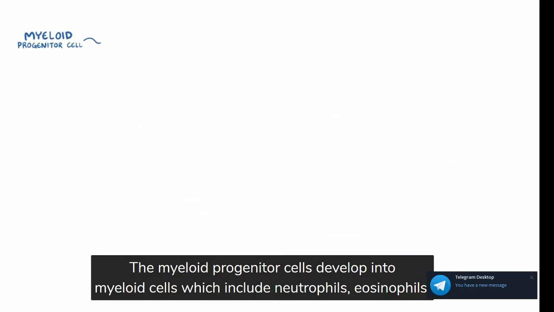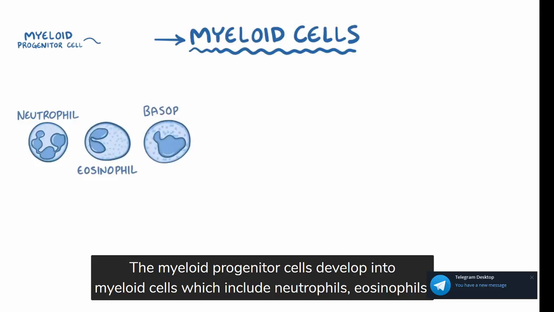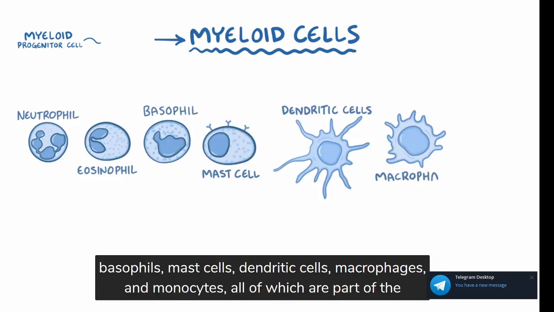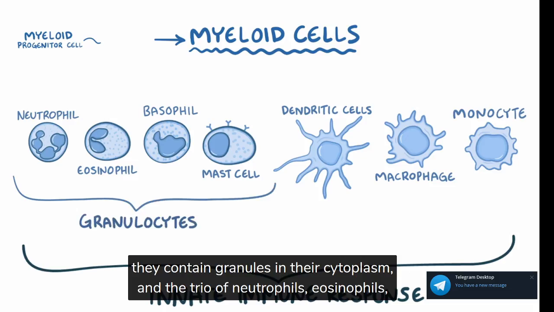The myeloid progenitor cells develop into myeloid cells, which include neutrophils, eosinophils, basophils, mast cells, dendritic cells, macrophages, and monocytes, all of which are part of the innate immune response, and can be found in the blood as well as in the tissues. The neutrophils, eosinophils, basophils, and mast cells are considered granulocytes, because they contain granules in their cytoplasm,